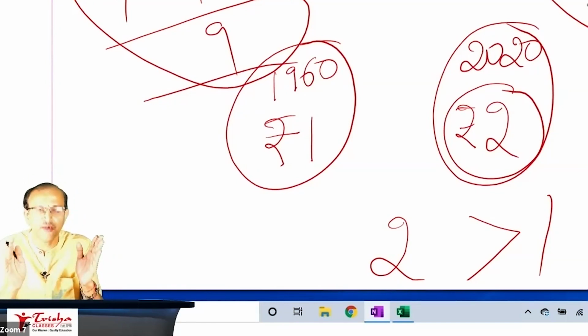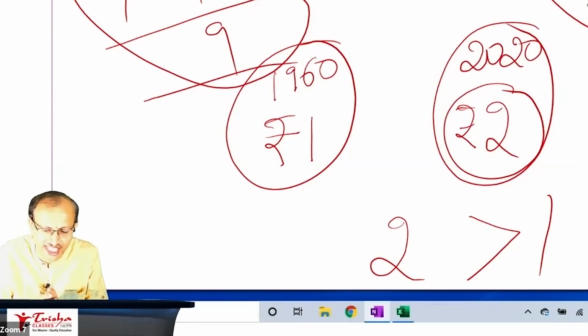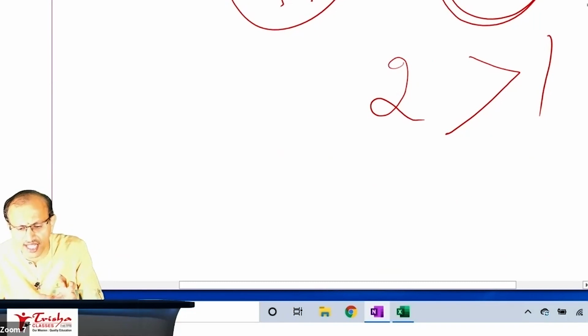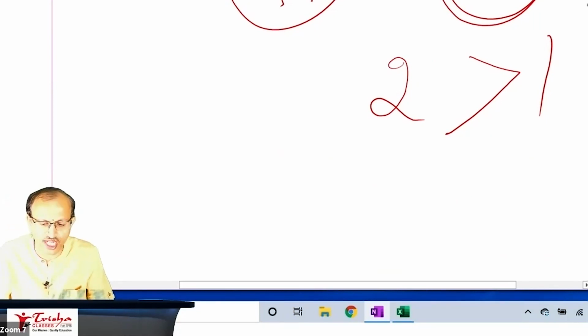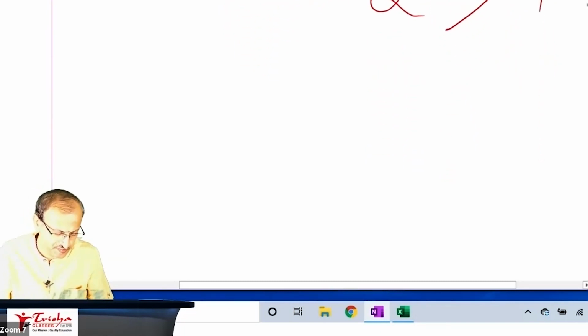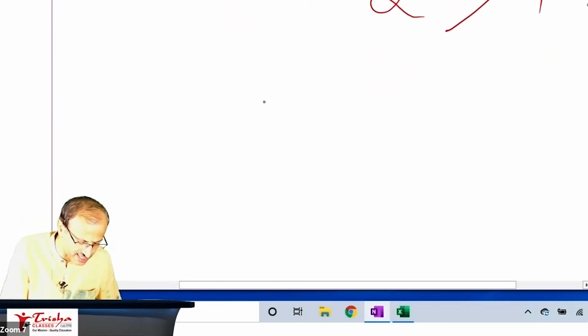Am I making more sense to all of you? Please respond to me. Single letter yes. Don't scold me because I said you are ajji. With a lot of affection, I always call ajji. Understood? There's a bigger lesson here. So you cannot consider 1 rupee and 2 rupees straight away. I'll give one more nice idea.